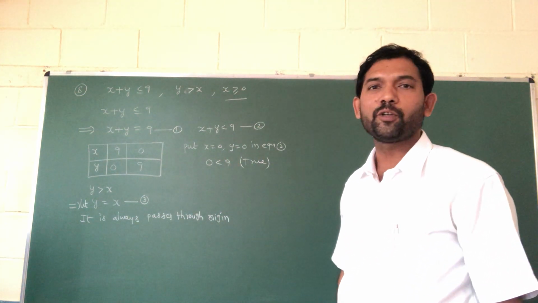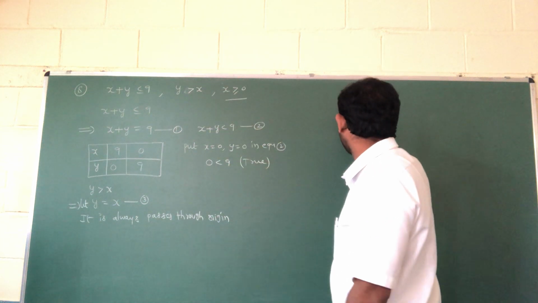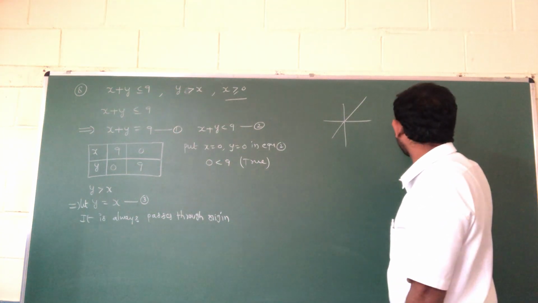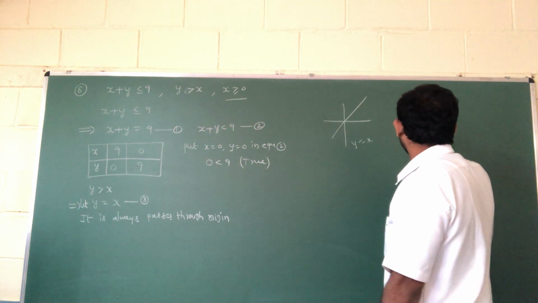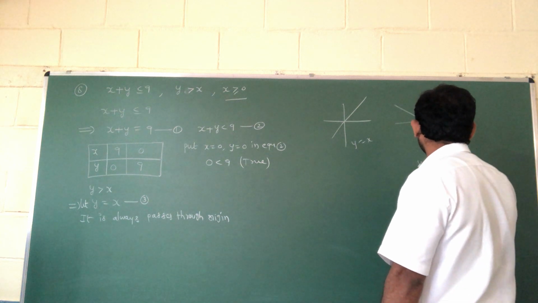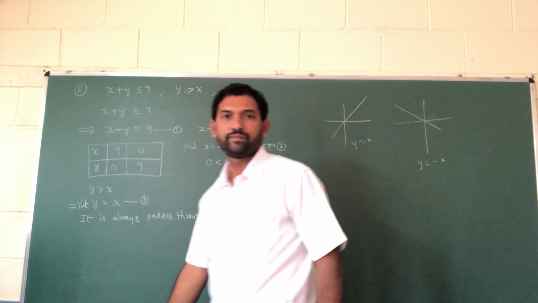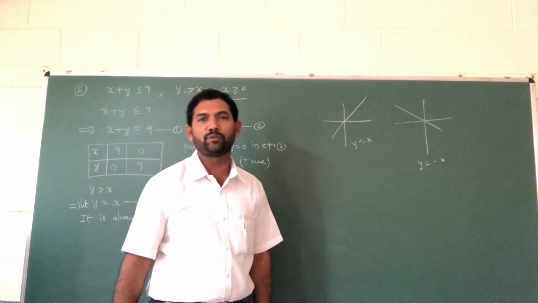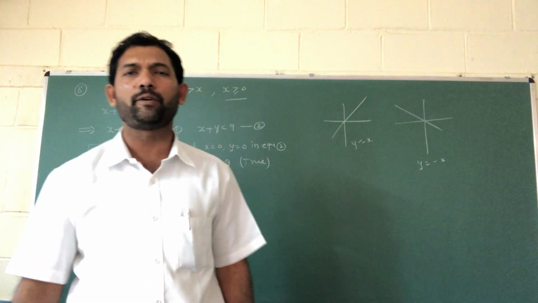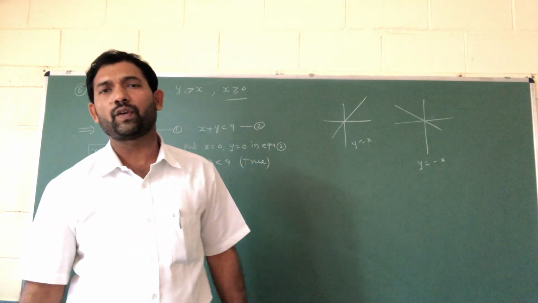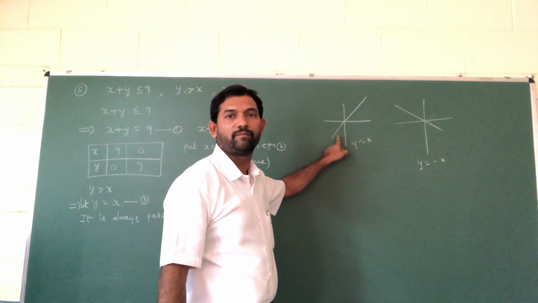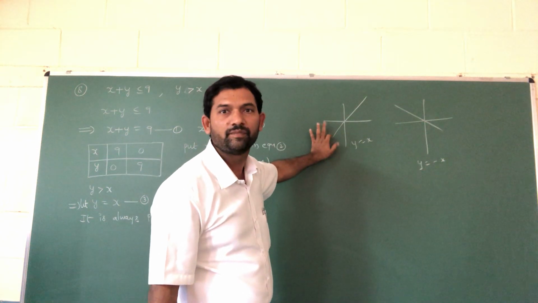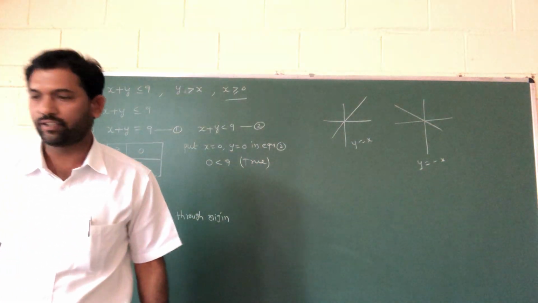Y is equal to minus x means that is in negative, and y is equal to x means this side you have to take. So y is equal to x, and this is y is equal to minus x. Remember this one. They won't give y is equal to minus x like that. So always they will give y is equal to x, y is equal to 2x, y is equal to 1 by 2x, y is equal to 3x, y is equal to 4x. Whatever the graph is given, you will take this one. In your questions, many questions are based on this. Don't be confused. Right? Next.